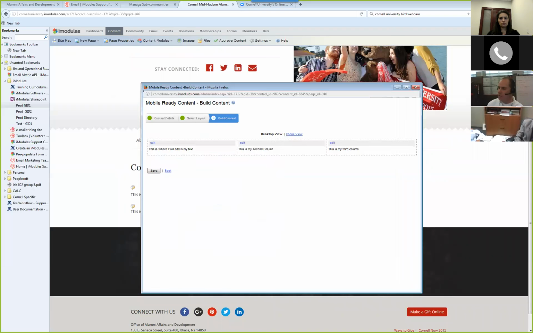One of the things I wanted to show, right up here, is if you wanted to see the phone view. This shows us a desktop view. If I hit phone view, this is what it would look like on a mobile device. Where we have things laid across, left to center to right, on a phone, it would be top, middle, and bottom. So it's something to be aware of on these mobile-ready contents. Things may deploy differently. All right, I'm going to hit back here. I just wanted to show you that, to keep in mind that mobile devices may present the information differently.